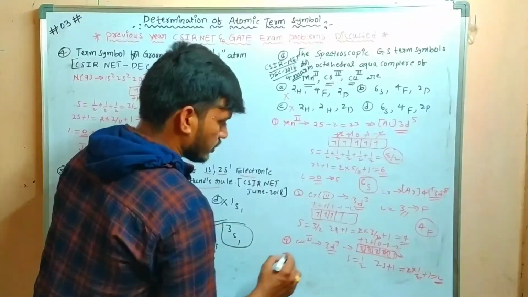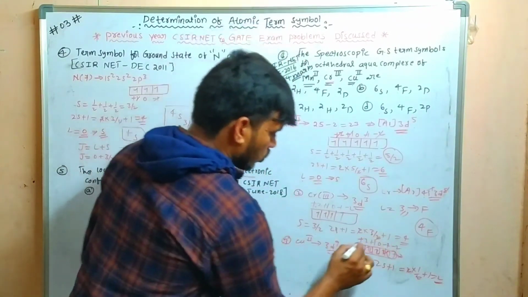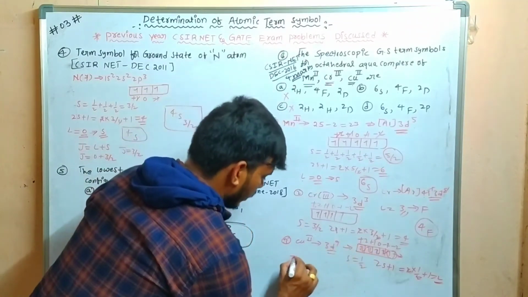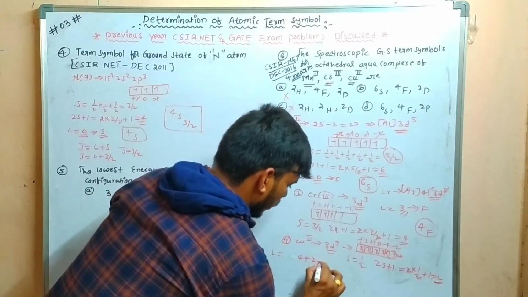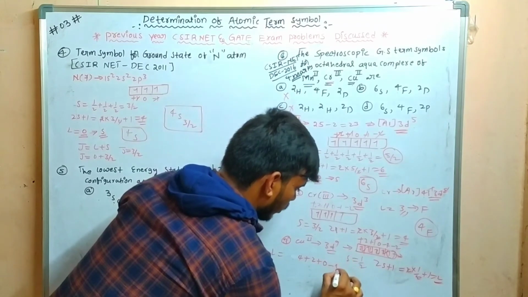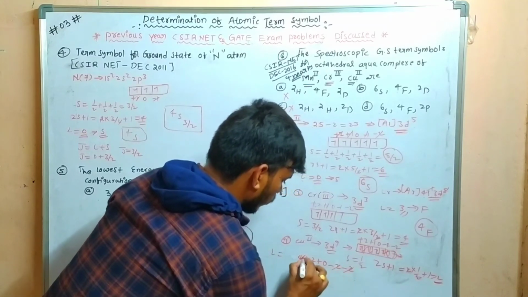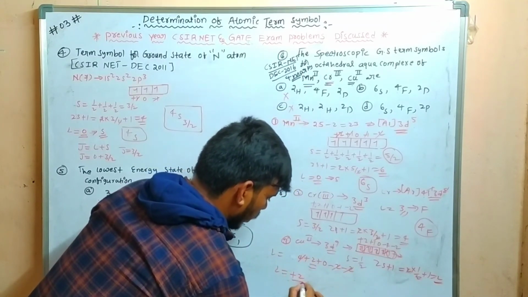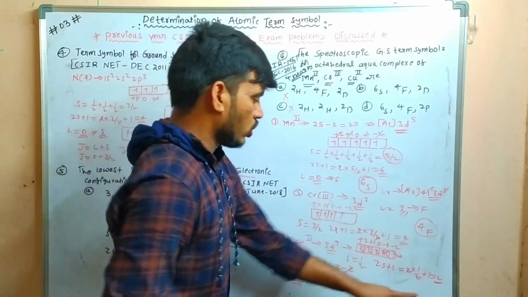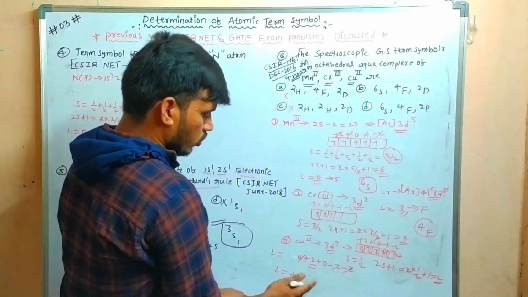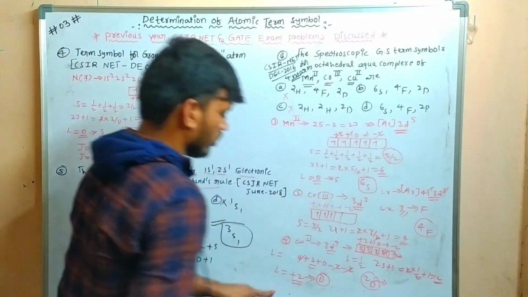So the L value: here this is +2 and +1, -1, -2. Here +1, so 2 electrons are present there. So the L value is equal to 4 plus 2 plus 0 plus minus 1, it means -1 -1 -2 -2. So the 4 is cancelled too. So L value is +2. L value is +2 in this copper 2+ complex, and the spin multiplicity value is 2. L value is equal to 2, it means the designated term is D. So 2D is the ground state term for this copper 2+ complex.